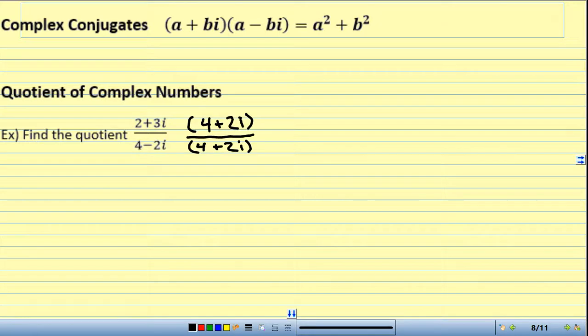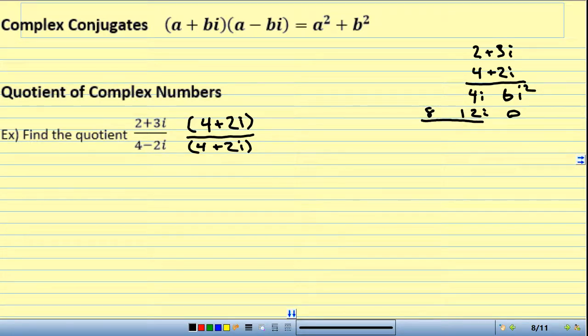So let's just do the top right now. I have 2 plus 3i times 4 plus 2i. When I multiply it out, 3 times 2, 6, i times i squared. 2i times 2, 4i. Placeholder. 4 times 3i, 12i. 2 times 4, 8. So I add them up. 8 plus 16i